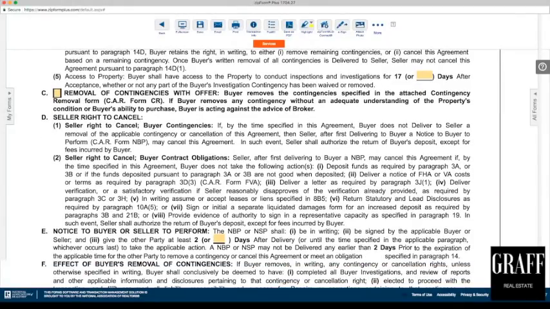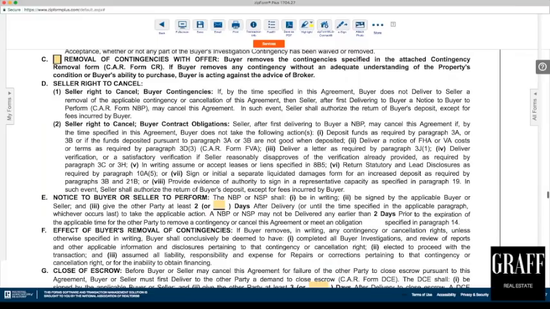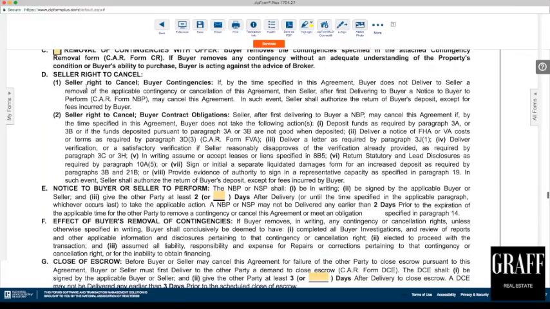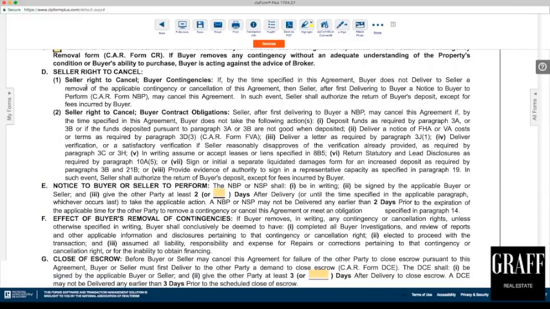You do have the, or rather the buyer has the option of removing contingencies with their offer. That would be only in certain circumstances like an all cash offer or if they've already completed an inspection of the property. This comes with a lot of implications, so just make sure you know what you're doing before you do that. Section D deals with seller's right to cancel, which are